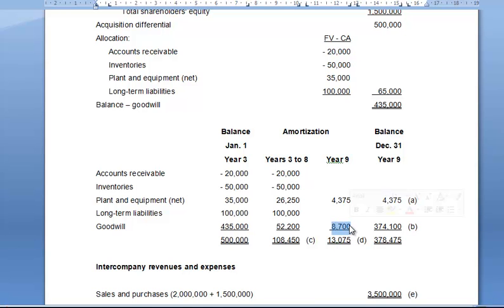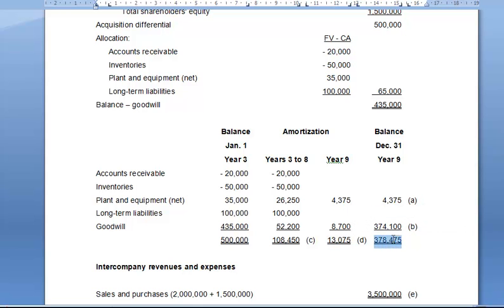So we know that in the year 9 period, we would have had acquisition differential amortizations plus an impairment loss, which total 13,075. So of this original 500,000, we've amortized 108,450, amortized and had an impairment loss of 13,075,